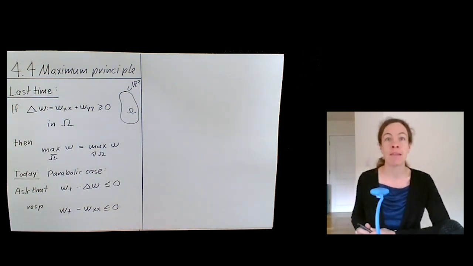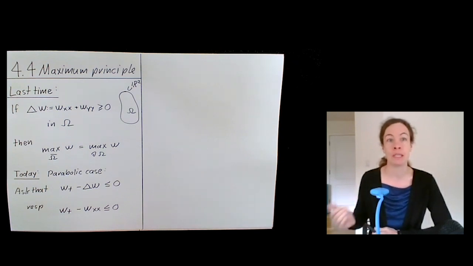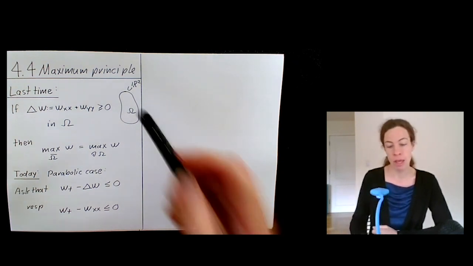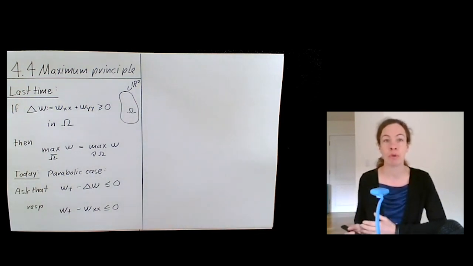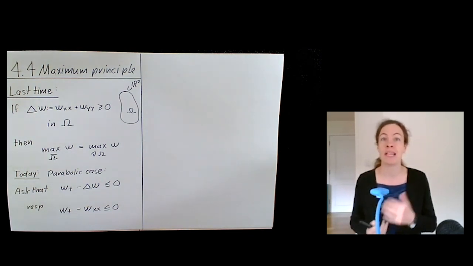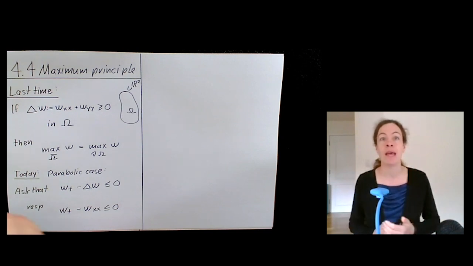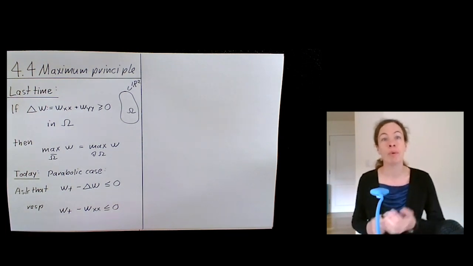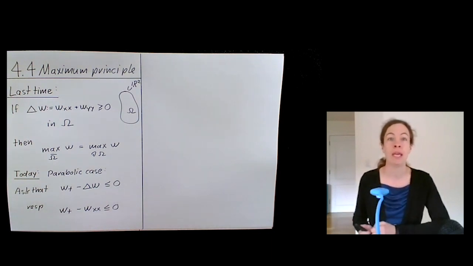So we've already seen in the last video a particular example of a maximum principle, and that was in the elliptic case, where we consider a function that depends only on a variable in space. So we consider the function w in the specific situation of a bounded domain of R2. So we have a function w of x and y, and we ask that the Laplacian of this function w is greater or equal to 0. Then we've seen that this simple condition of just the Laplacian having a sign guarantees that the maximum of our function w over the whole domain omega together with its boundary is always the same as the maximum of w just taken over the boundary of the domain.